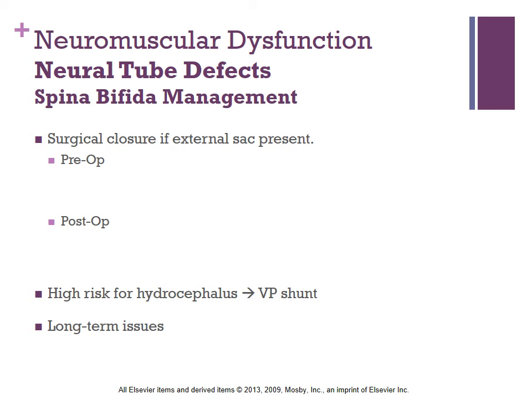And then as far as long-term issues, severity will vary depending on where it occurred and how severe it was. But typically, they may need a wheelchair for mobility or some type of walker or even a cane, just depending. And then commonly, they'll need home catheterization. And as teenagers, they're at high risk for depression because of their mobility issues and the difference in their gait. A lot of times you can tell by their gait, how they walk, that they had spina bifida or were born with spina bifida. So just be aware of those.